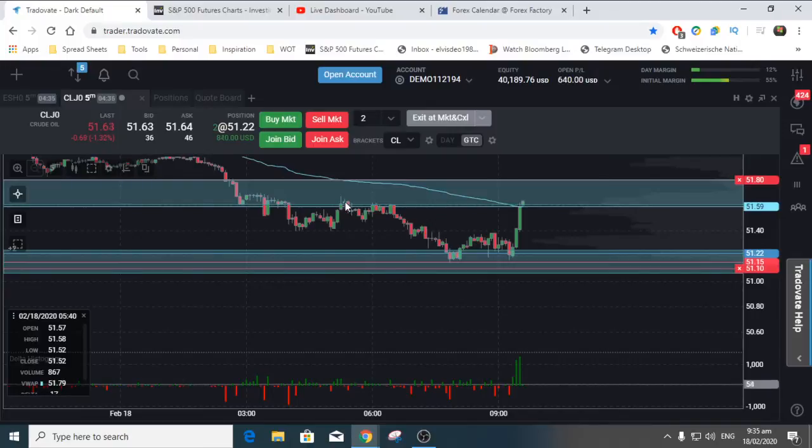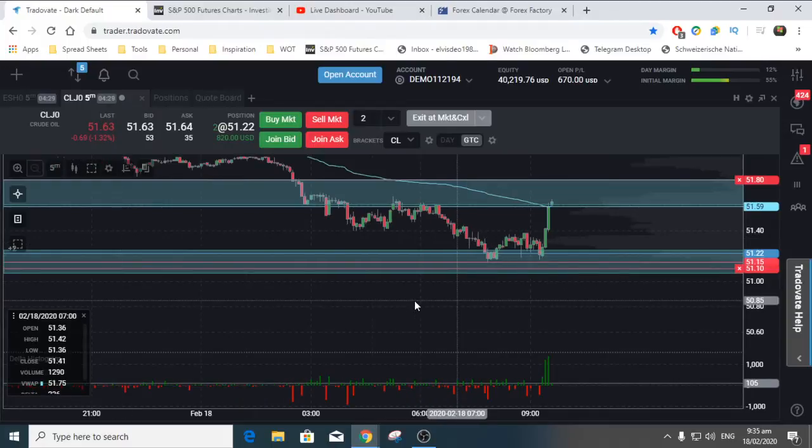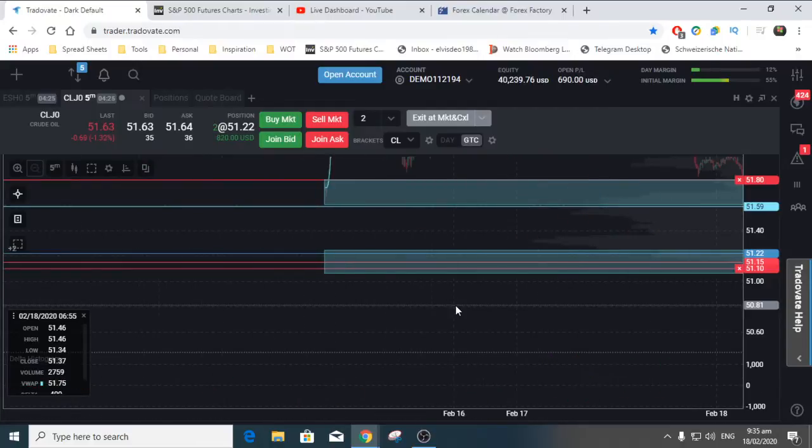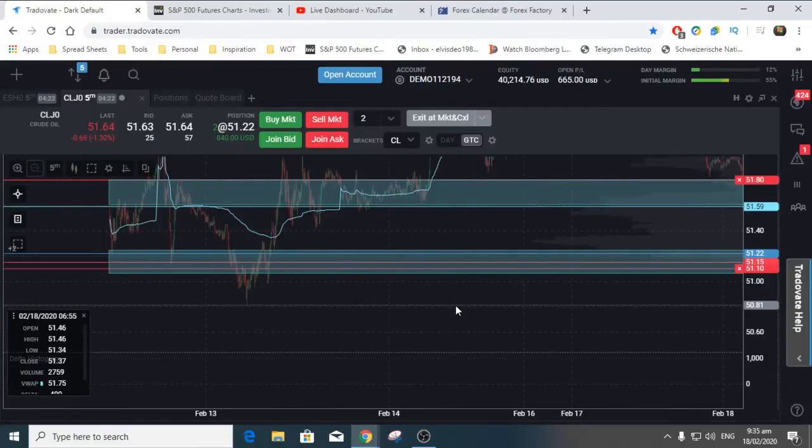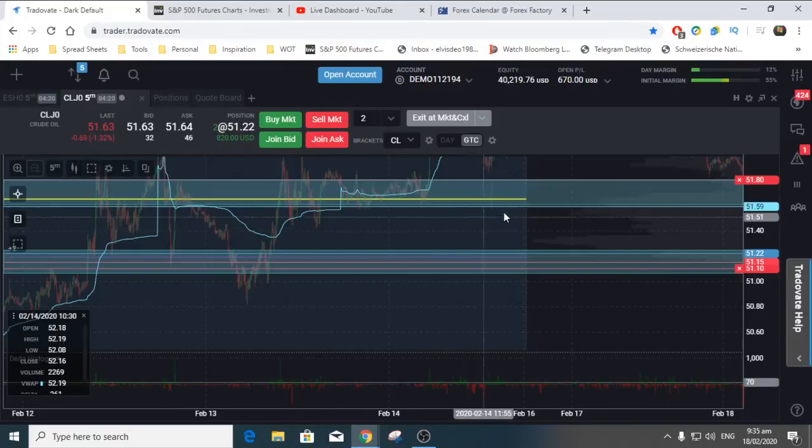Got short right here at 60 and waited for the buy low. Got out right here. So pretty good trade on both sides on the oil today. Was looking for the point of control, the logic point of control, to fill. Logic point of control was right here